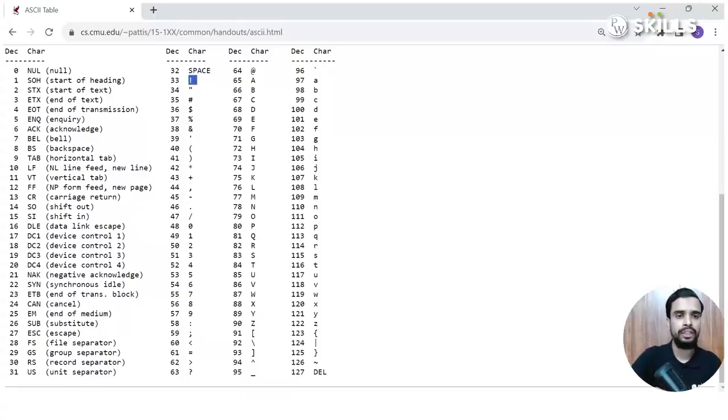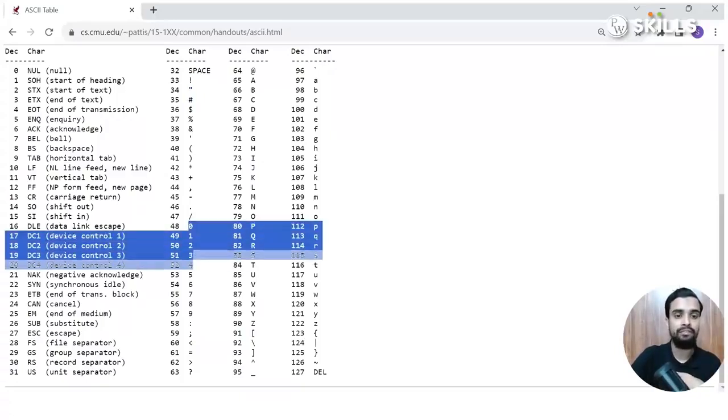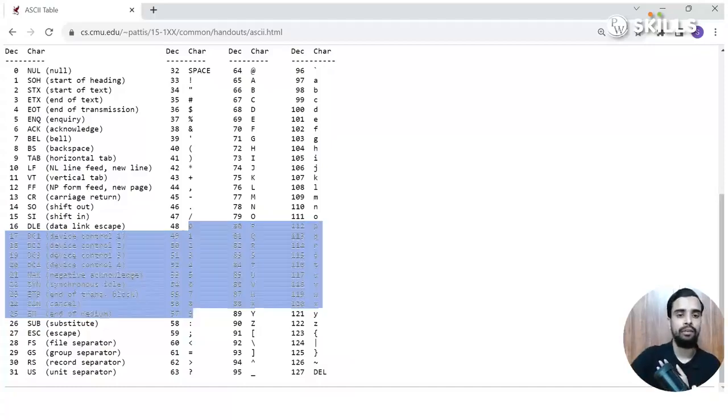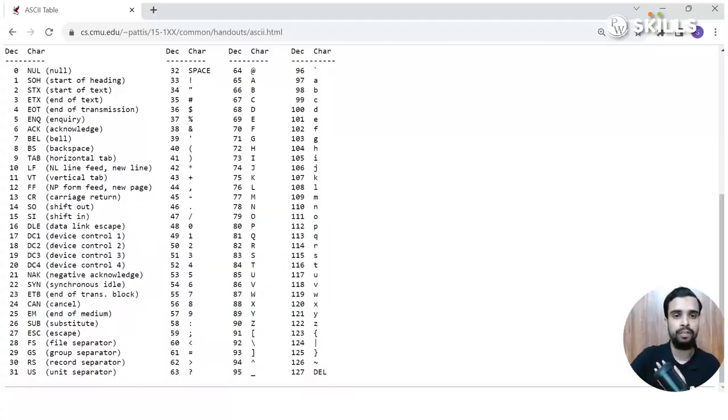Next, we have the exclamation mark here. We have the double quote symbol, the hash symbol, the pound symbol, dollar. Like this, all of these symbols are also going to be considered characters. In fact, you have the digits 0 to 9 also. If you would like to consider them as characters, congratulations, the support is provided through the ASCII format. And finally, after a few other symbols, we have all of the